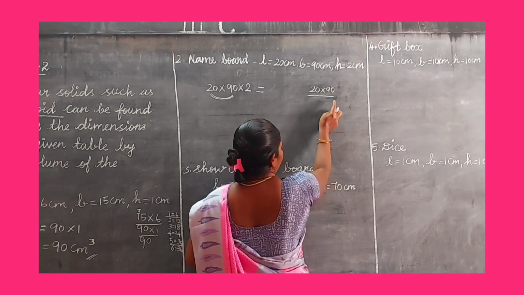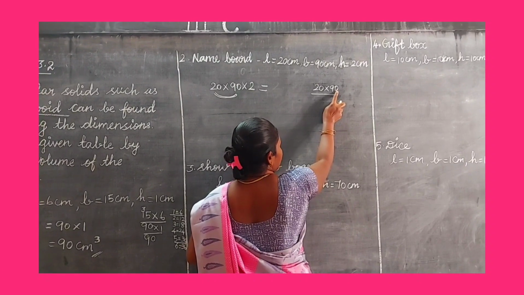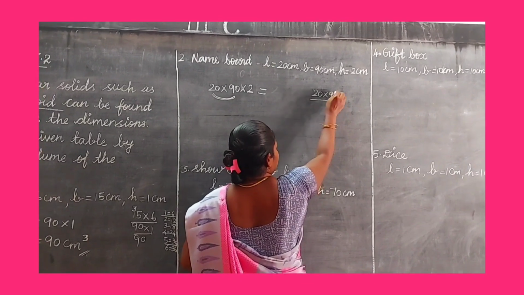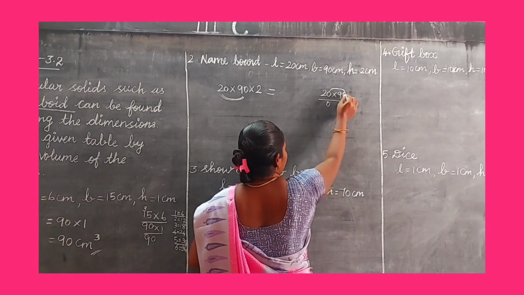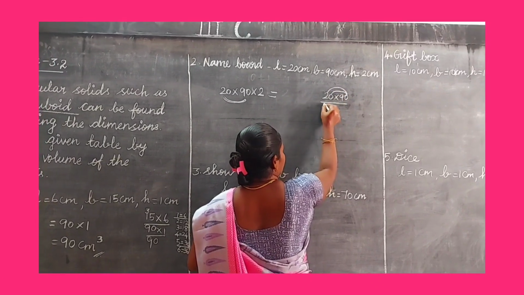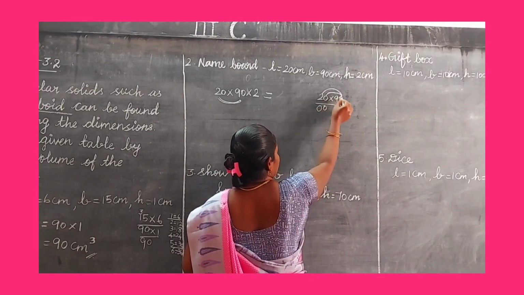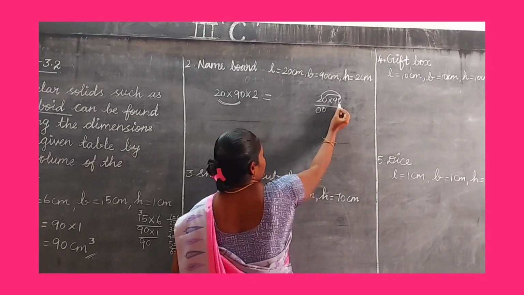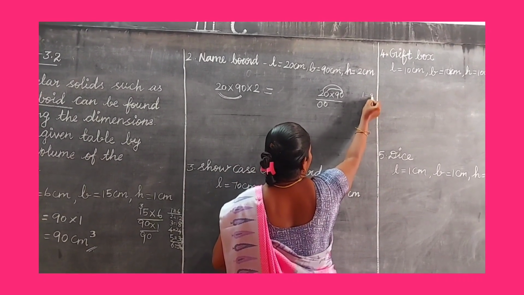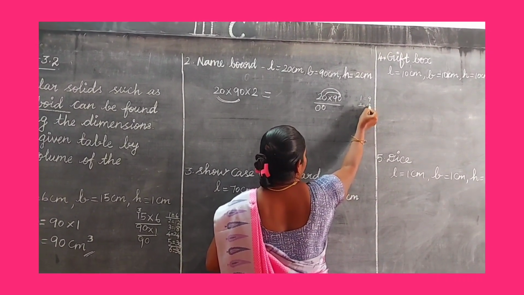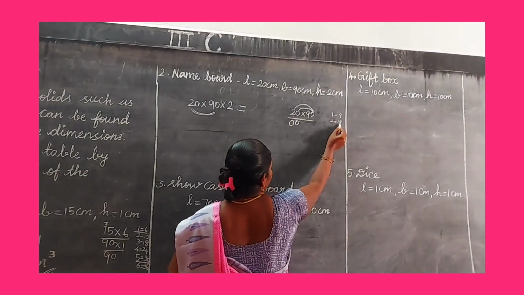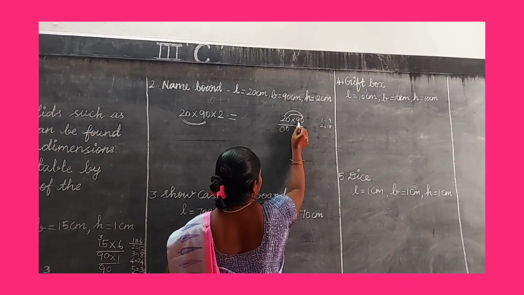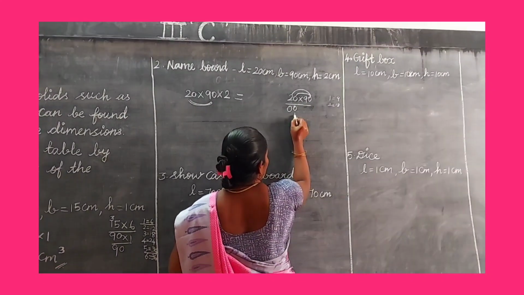Now multiply the value. First 0 into 9 we have to multiply. Any number multiplied with 0 gives 0 only. So 0 into 0, 0. Again 0 into 2 gives 0. Next we have to multiply with 9. So we write the 9 table, 1 9 is 9, 2 9s are 18. So 2 times only is given. Next digit 2 we have to multiply, and first put the plus symbol.